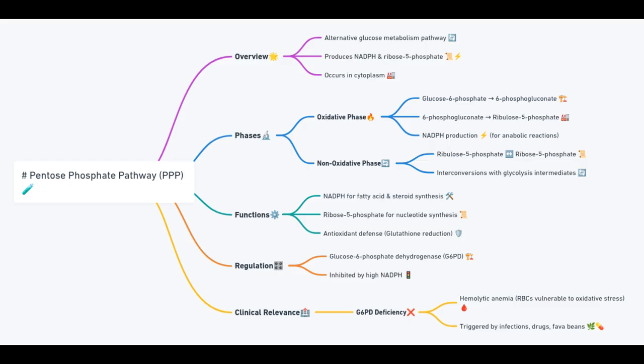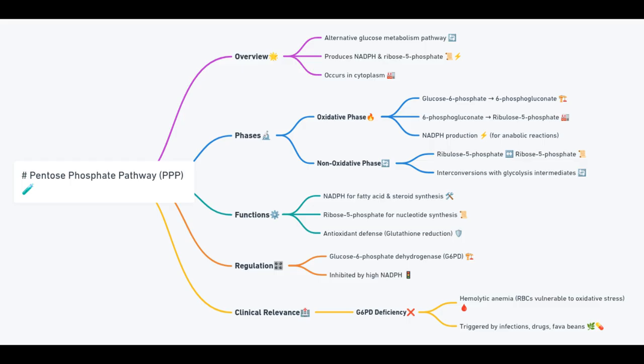The PPP occurs in the cytoplasm in two phases: the oxidative and the non-oxidative phases. In the oxidative phase, the conversion of glucose 6 phosphate to ribulose 5 phosphate is accompanied by the production of 2 molecules of